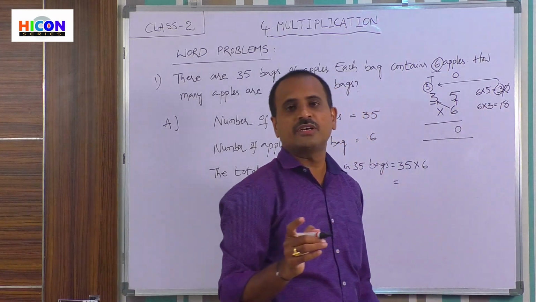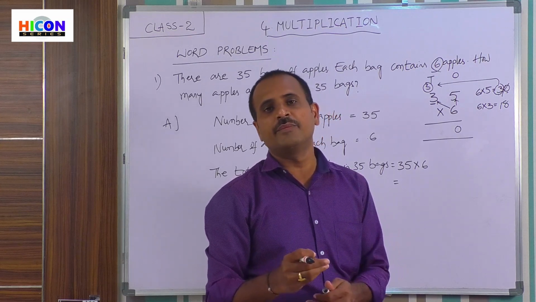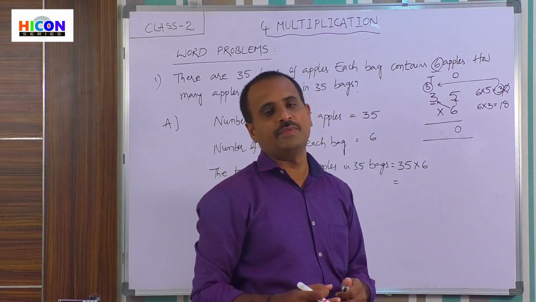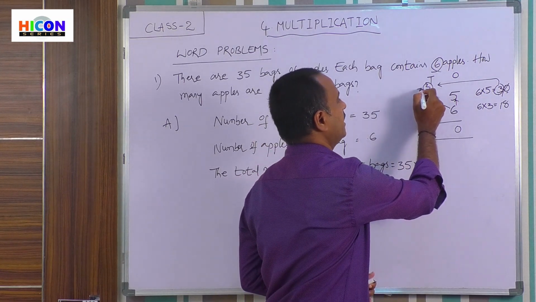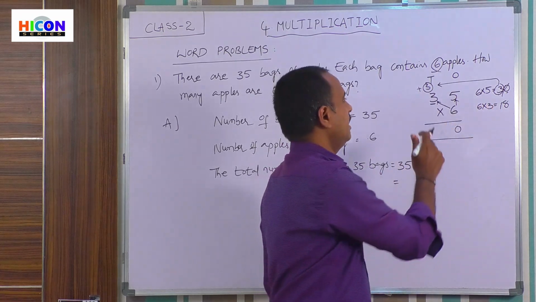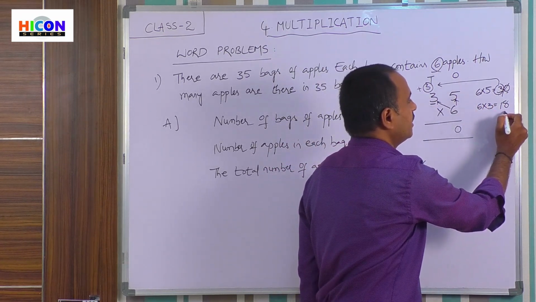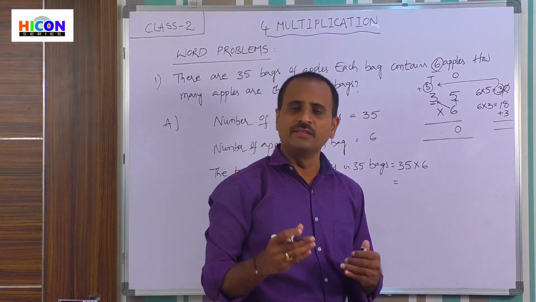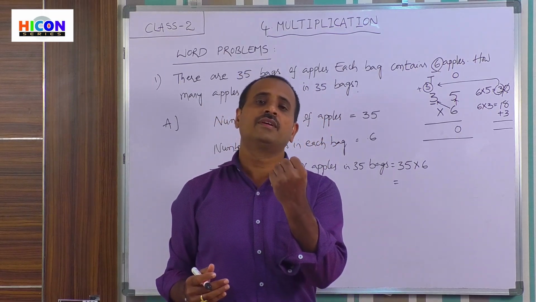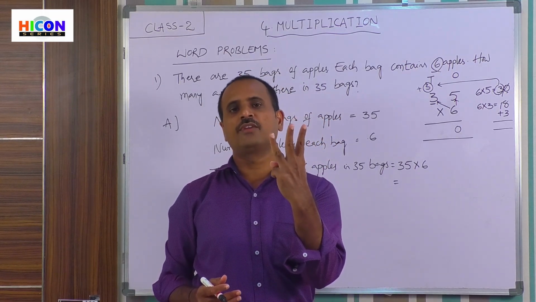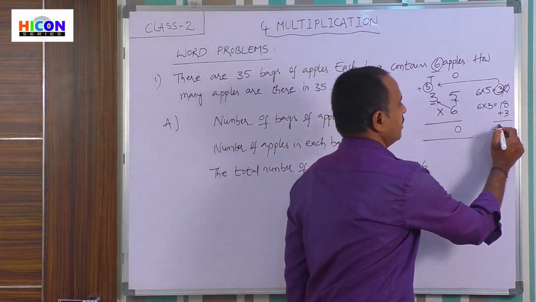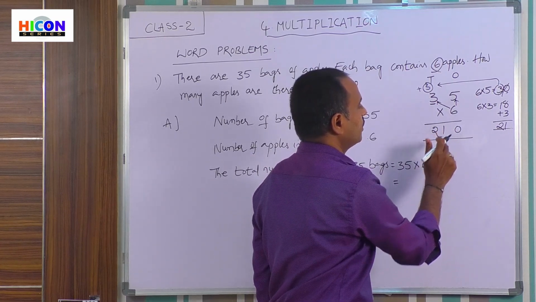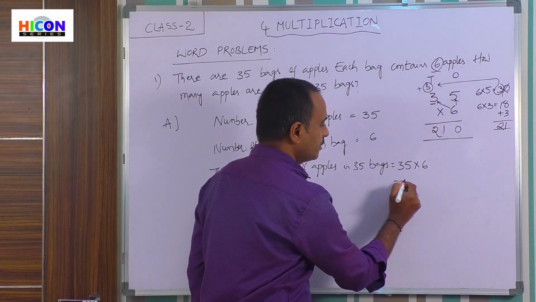And again remember children, you have to add the carried number to the product. So what is the carried number here? 3 is the carried number. And you have to add this carried number 3 to the product. That is, add 3 to 18. So how much will you get? 18, after that 19, 20 and 21. So 21, and write 21 under 10's place. So the answer is 210.